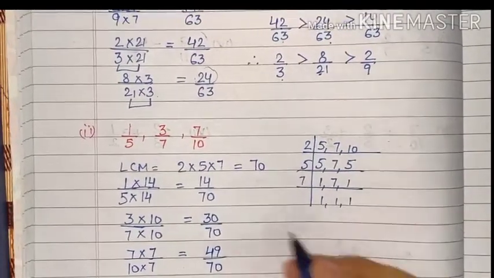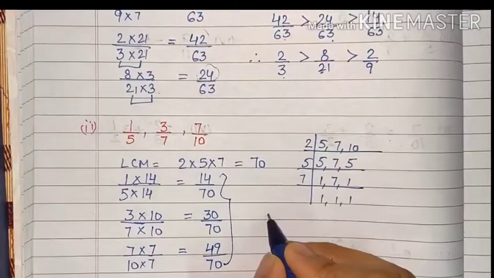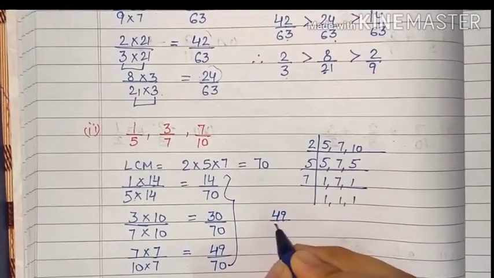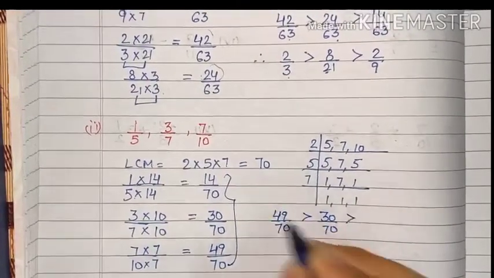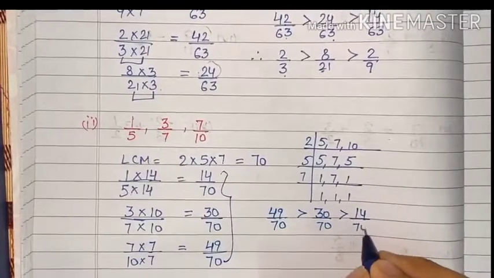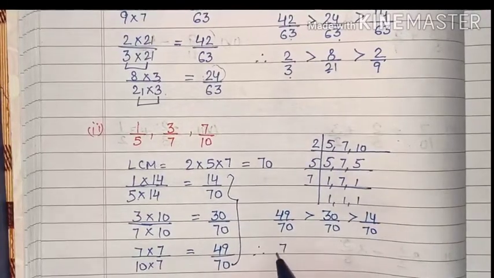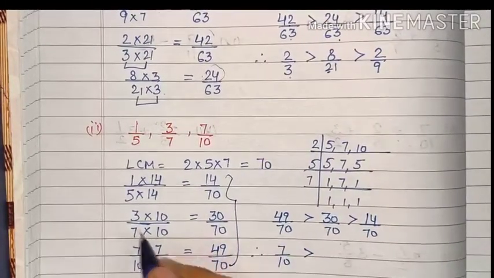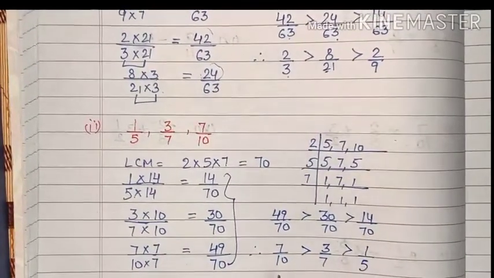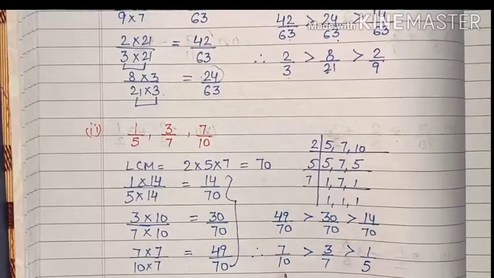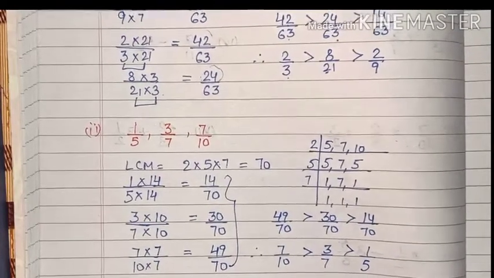Now we will find out which of these fractions has the greatest numerator. So it is 49 upon 70, and it is greater than 30 upon 70, and 30 upon 70 is greater than 14 upon 70. So hence our answer will be 49 upon 70, which is equivalent to 7 by 10, greater than 3 upon 7, and it is greater than 1 upon 5. So for descending order, first of all write the greatest number, then smaller, then smaller, then smaller. Okay, so this is the solution of question number